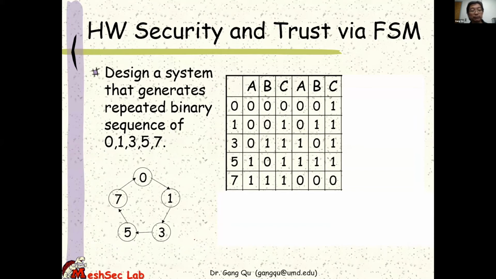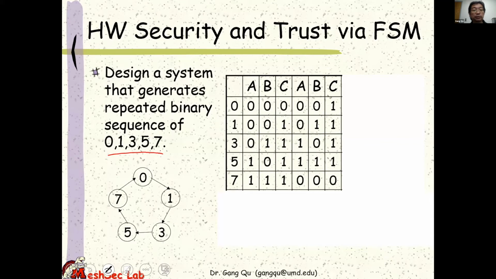And given the time I have, I probably will focus on this one small example, which is the finite state machine model. This is a small question that most people know from digital design 101. We're going to design a system that implements what sometimes people call the pattern generator